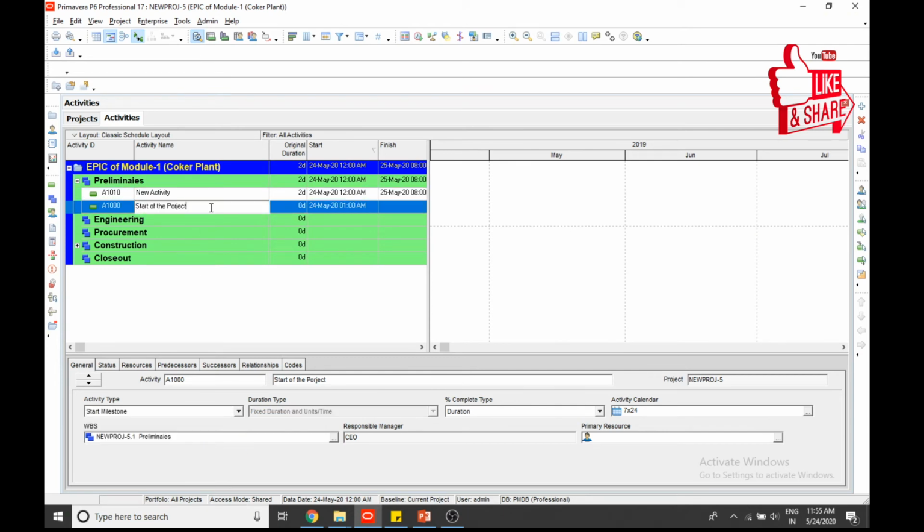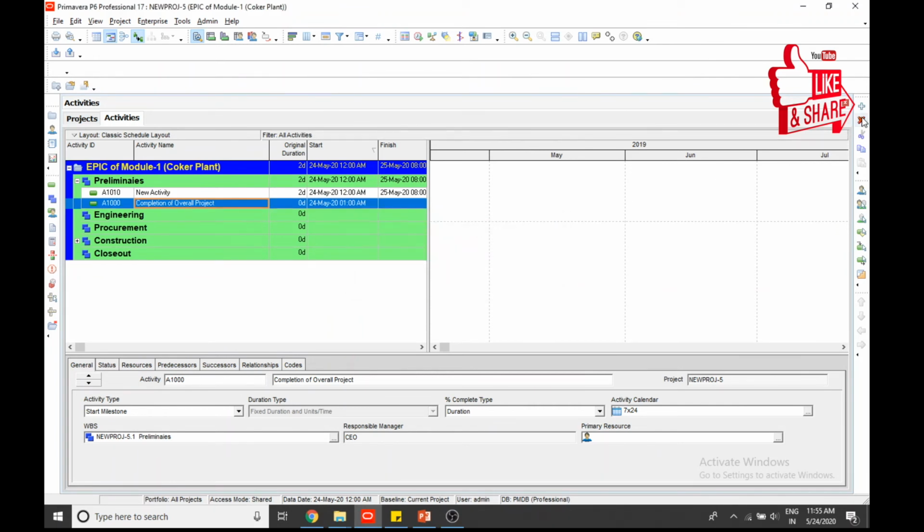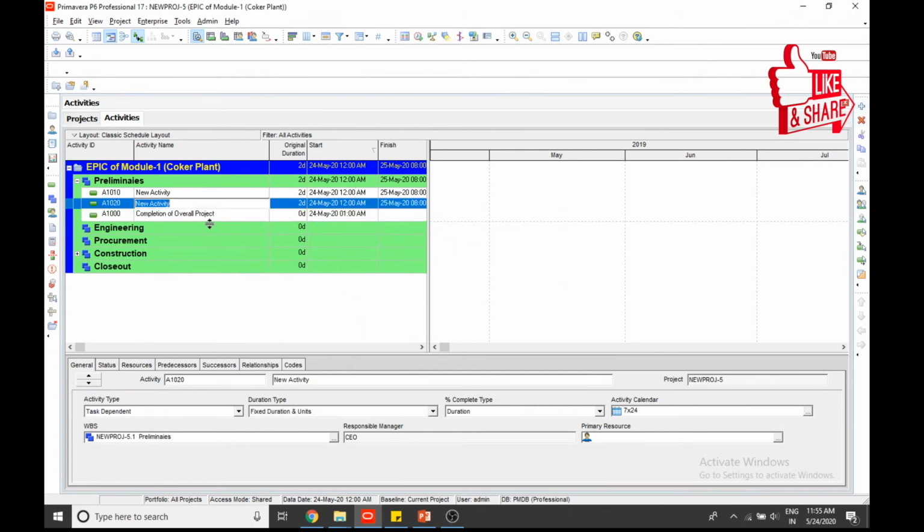Okay, then completion of overall project, and we'll add another activity, a finish milestone. There we will create it as a finish milestone.